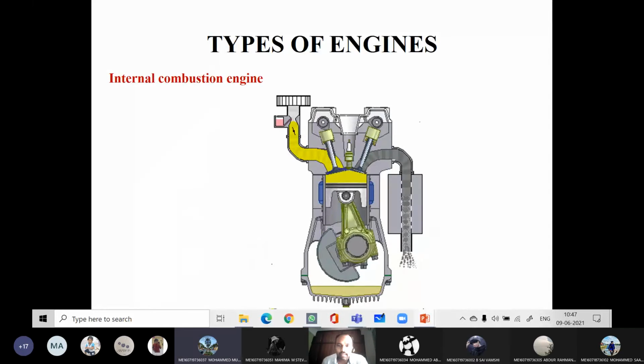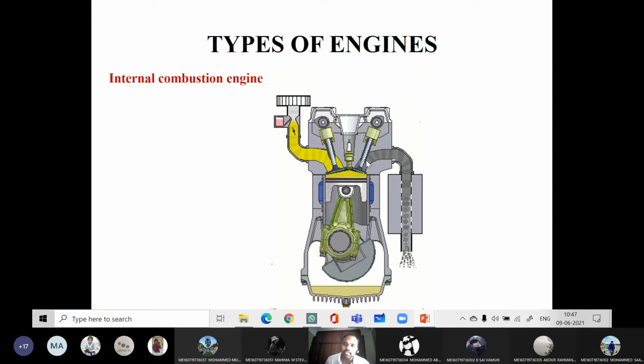Yeah, here, this is the piston. Petrol engine. The yellow colored one is the air plus petrol. And this middle one is the spark plug, and here the red colored one is the spark. Whereas in diesel engine during the suction stroke, only air will be admitted into the engine cylinder. Only air will be admitted, and at the end of the compression, diesel will be injected.